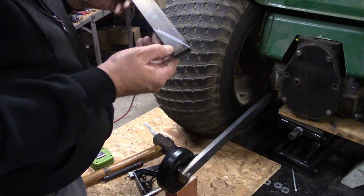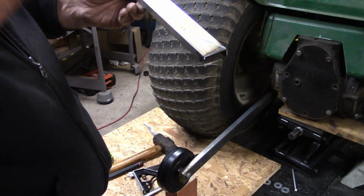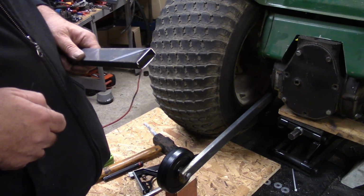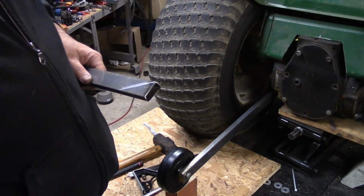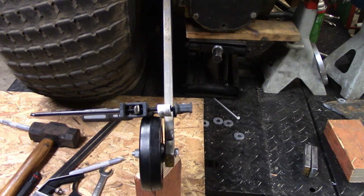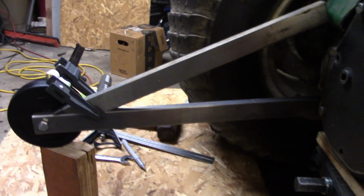All right, yeah, we got our mark on there. So I'll take her over and take the cutoff wheel and get her cut, and then we'll put her back in there and see how it looks. All right, y'all, we got that piece clamped on there. I got it cut, so now I'll give you guys a shot from the side here